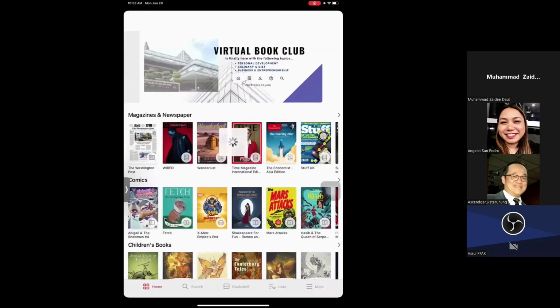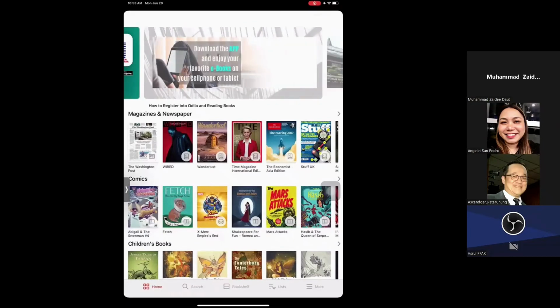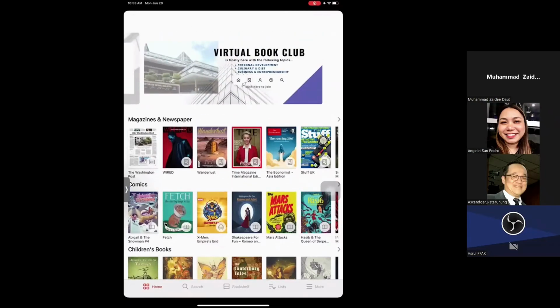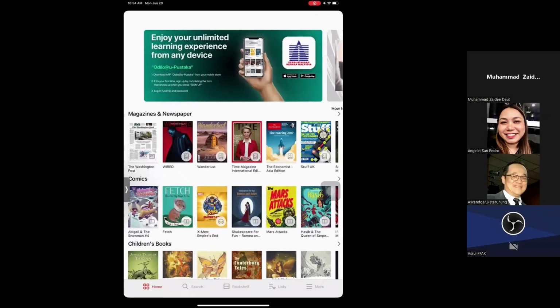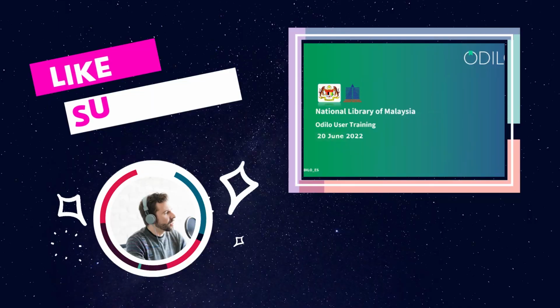The platform is very easy to use. I would really suggest everyone to please download the application. For those who don't have an account yet, go to login or go to the platform pnm.odilo.us. I'll be typing it on our platform, and you can start creating your account. And to activate it on your mobile device, you have to have your